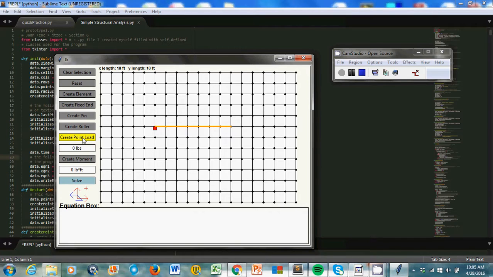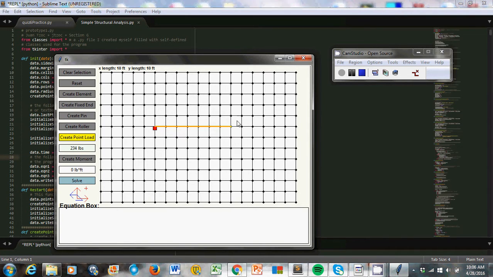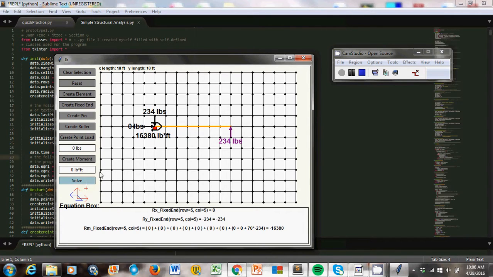We can also apply loads by clicking this button and entering the load we want. Default units for this is pounds. Apply a load here by clicking the node where we want to apply the load, and then click any point in one of the cardinal directions to define the verticality as well as direction. Let's say I want it to go up. If we click the solve button, it will solve for this problem and give you the reaction forces at the